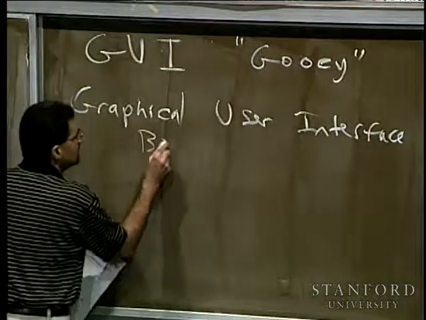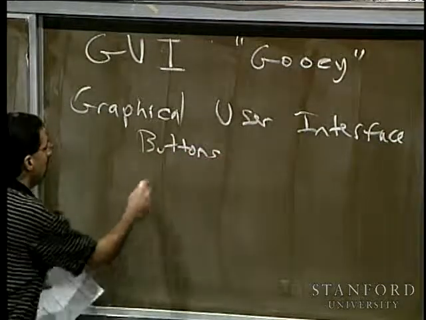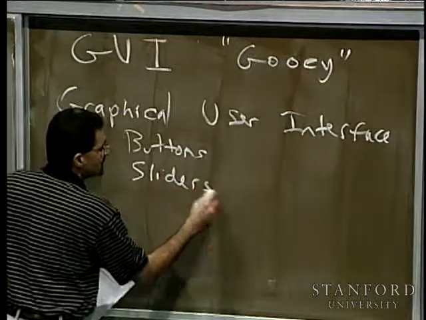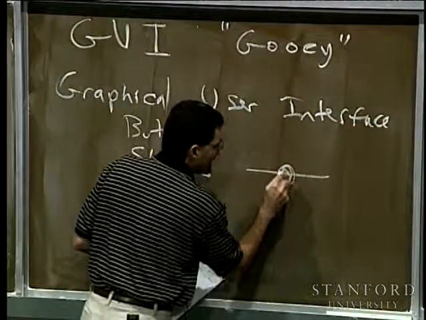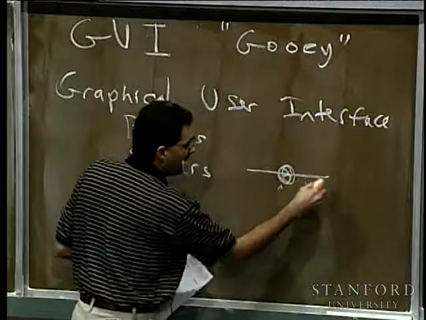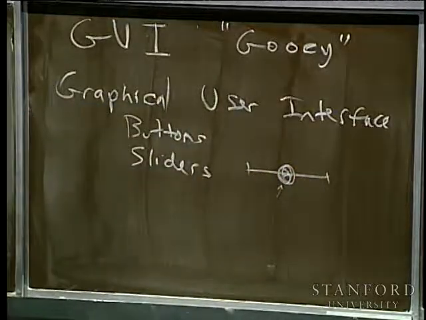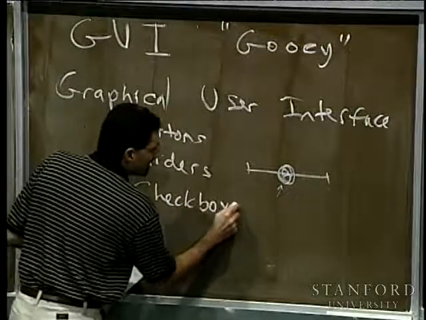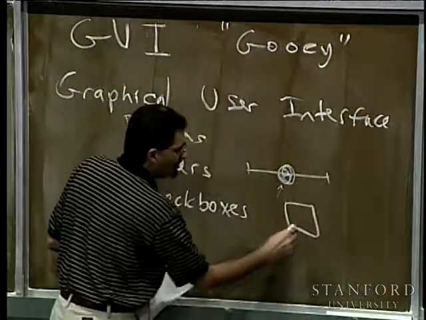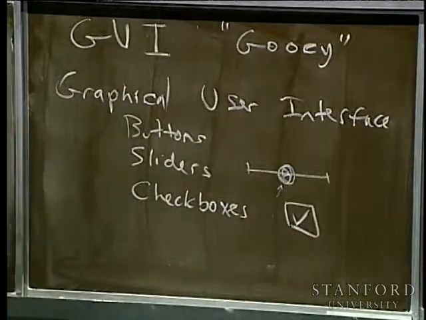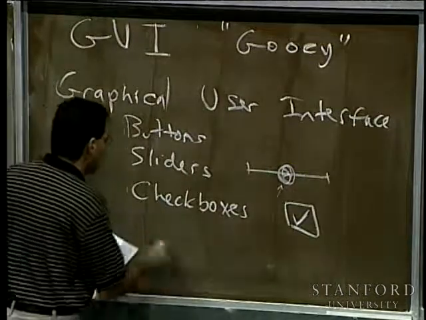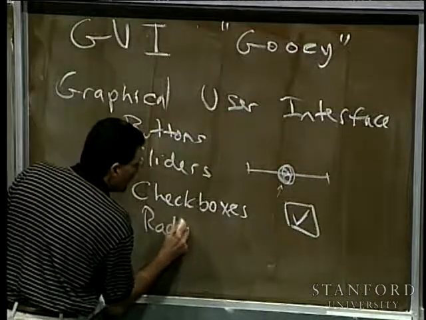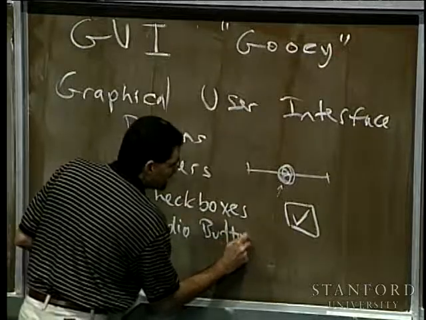Things like buttons that you may press, or what we refer to as sliders, which are little things that look kind of like this, and you move this little button back and forth along some scale from high to low, whatever it may be. Checkboxes. A lot of times you see them on forms on the web, it's just a little box. Sometimes you can put a check mark in it, or you can click it again, and it takes away the check mark. Something we refer to as radio buttons, and this should hopefully be familiar